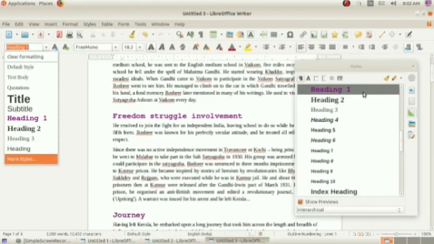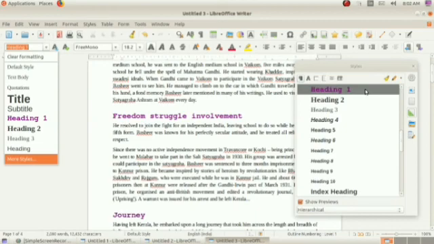Then the styles of heading 1 appear in a window, and from that I changed whatever changes we need to do with this heading, and clicked OK.